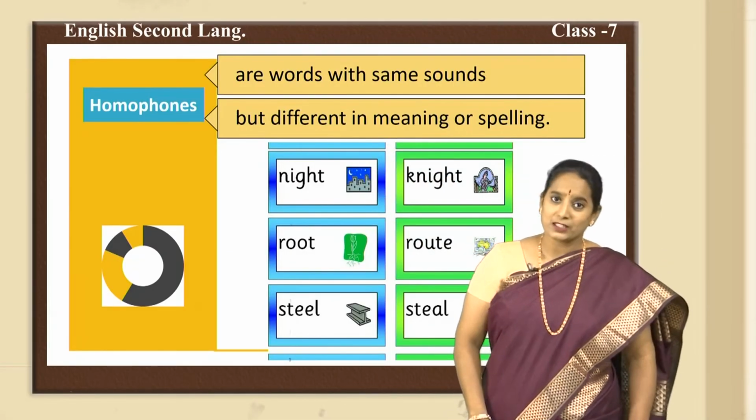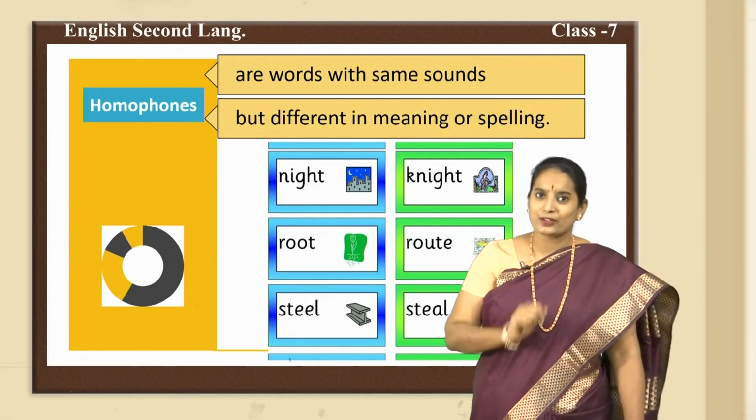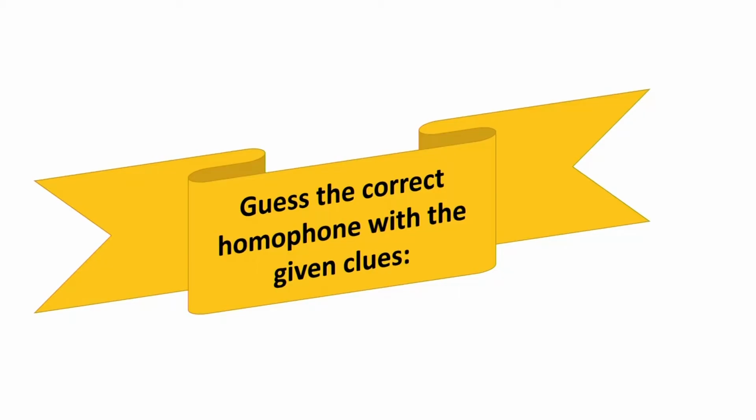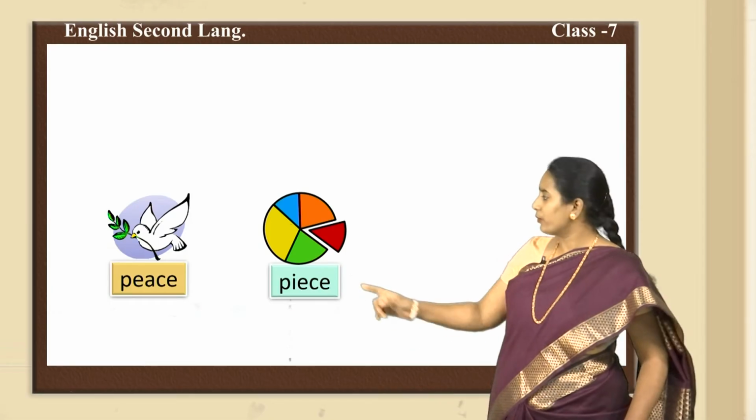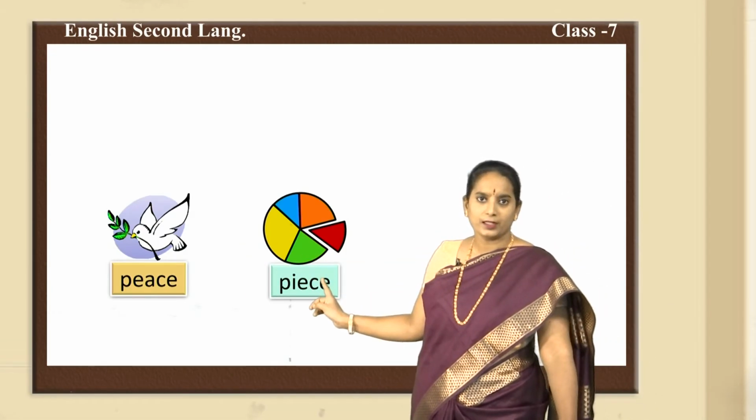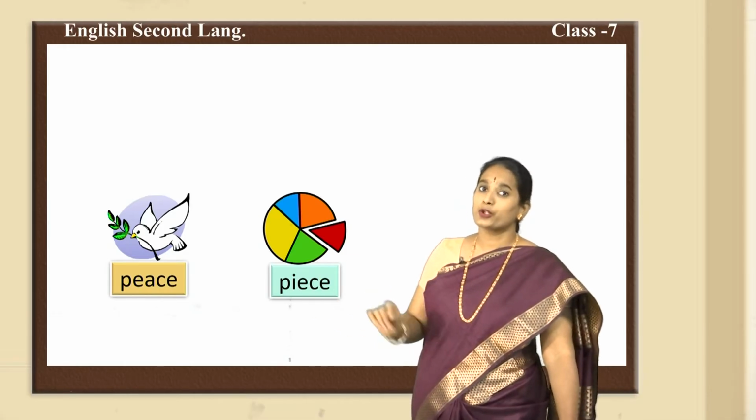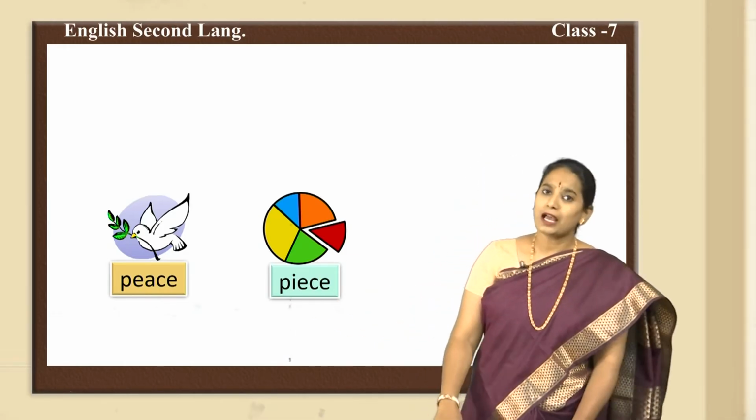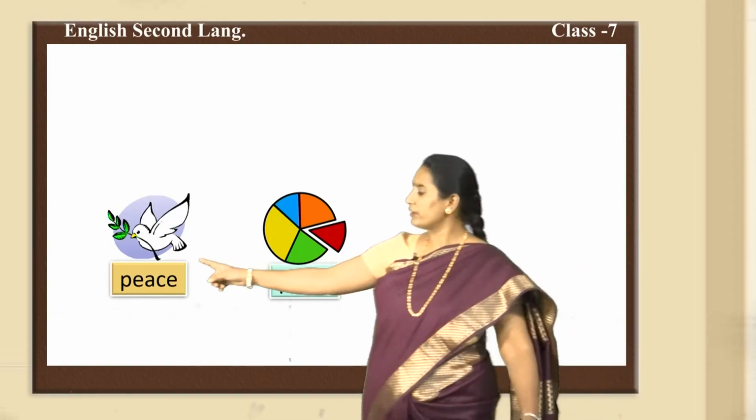Now shall we do an activity related to this? Are you all ready? Let's begin. Guess the correct homophone with the given clues. Now I have given you 2 clues here. Later I will be showing you the sentences. You will have to guess the correct word. The first word is